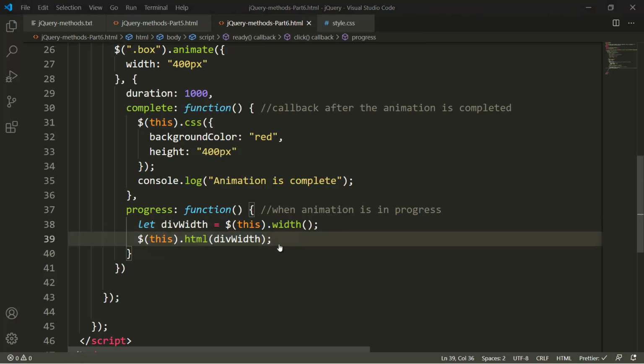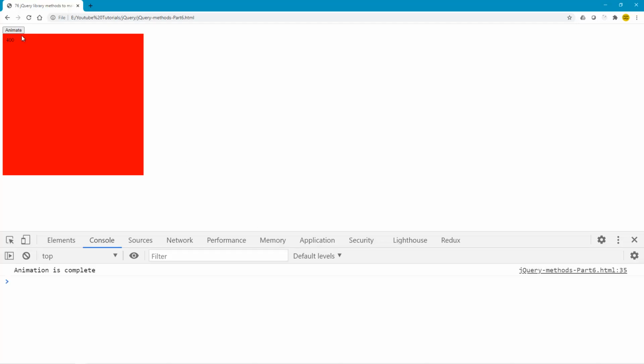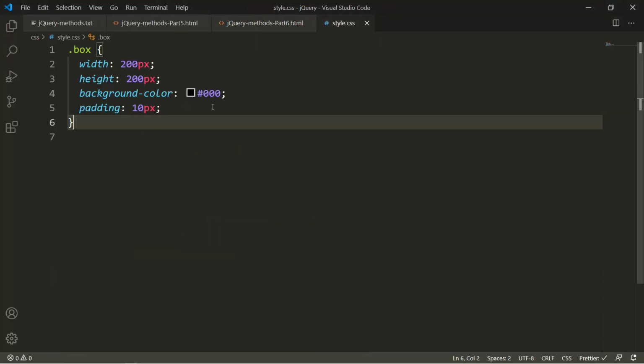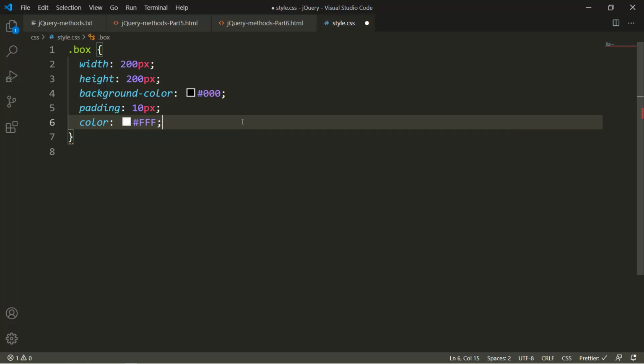So let's see if this works. If I click on animate, okay, there's a problem, since the text is black and initially the div tag was also black in color. So I'll change the text color to white. Let's check this again.